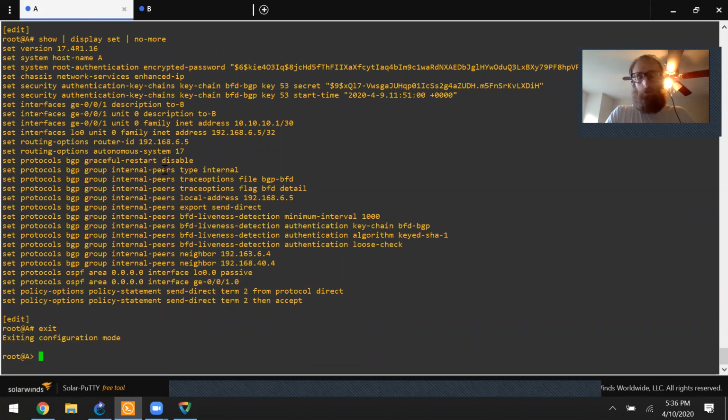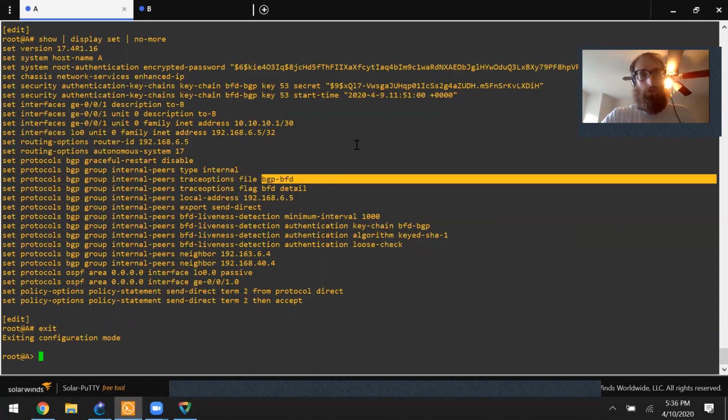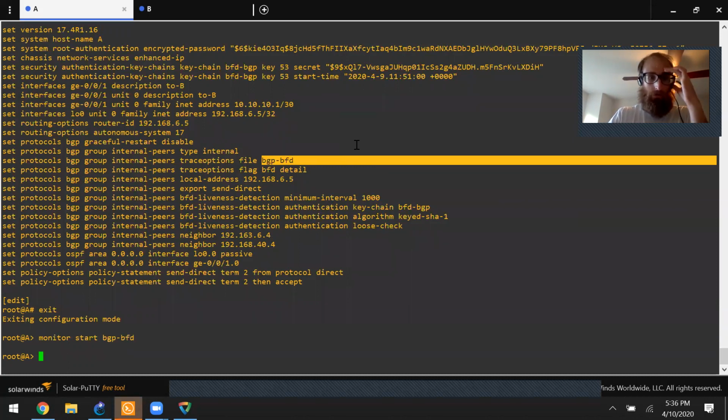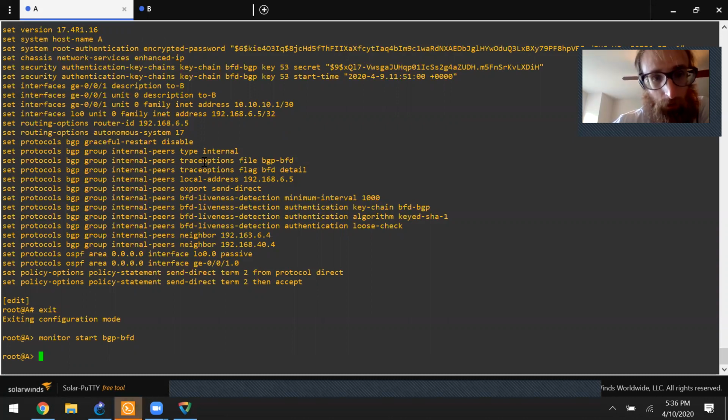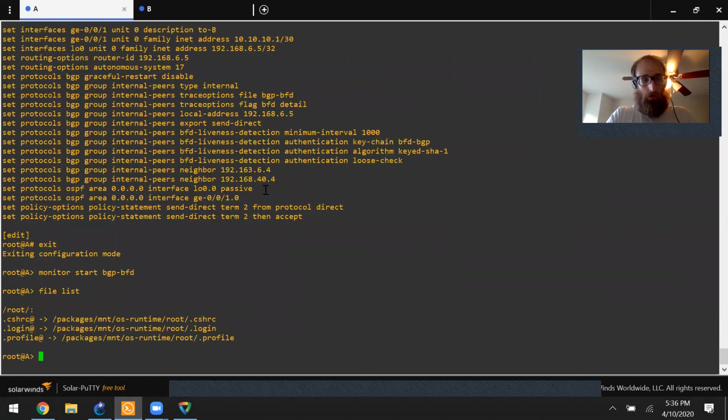tail out or monitor start on the file, with the trace options file that we've got right here. So BGP BFD. So let's do a monitor start on that. And yeah, so you can see when you set up trace options, you set up the file that you write it to. So file list, or actually file,